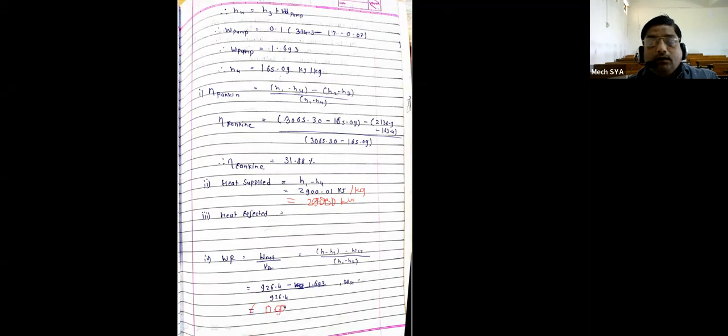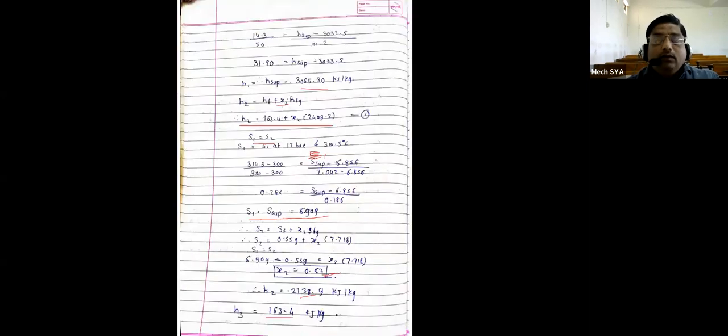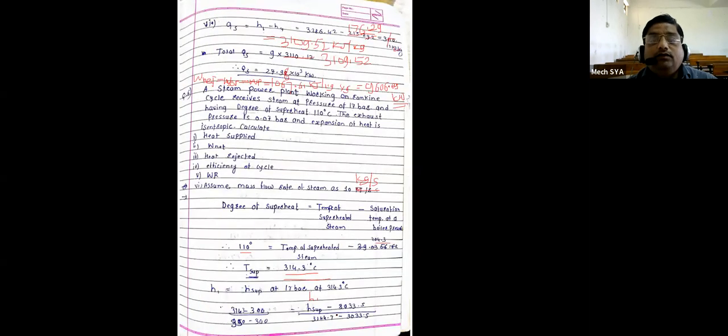So here I wanted to show you that if degree of superheat is given, then also we can solve the numerical. The properties we learned in the table chapter, chapter number 2, we have utilized in all the chapters. So understood? If degree of superheat is given, how to find out the superheated steam temperature, and afterwards the remaining numerical continues as usual. Understood? Please reply. Understood, sir. Yes, others please reply.